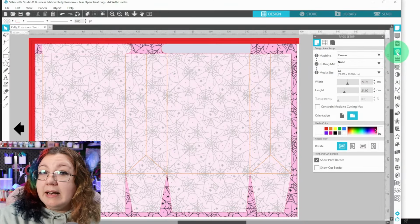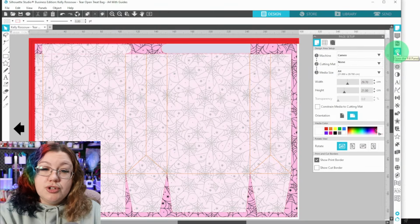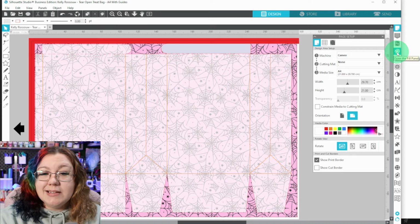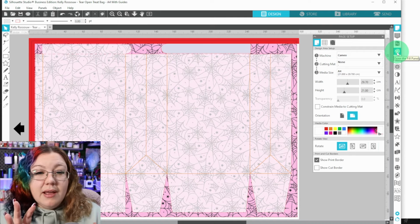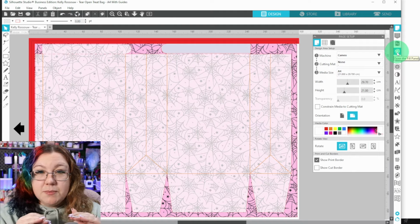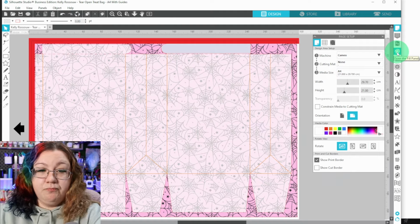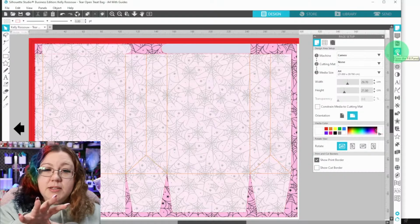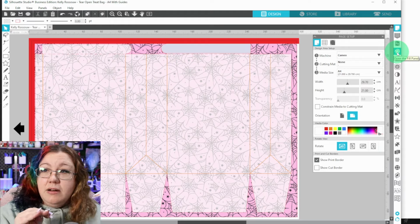And then we're going to add in whatever you want to add onto your box. Now the reason why this box is white and slightly see-through is so that we can see where the placement of our elements is going to be. We're going to set it up so that it cuts just like this on the front and then something else on the back as well. So basically all that we're doing is using the template in Silhouette Studio as a guide